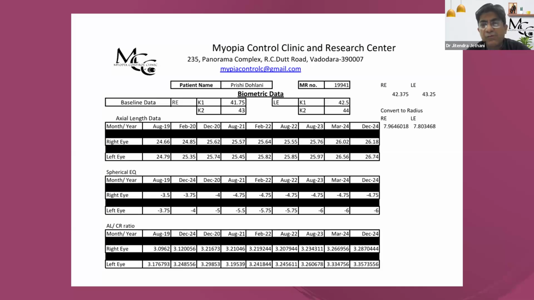So this is something which we follow. This is the basic myopia control sheet which we follow. Earlier we used to take only axial length and spherical equivalent data, but now we have also started putting in axial length upon CR ratio. So I think as time goes on, your myopia sheet also changes. So right now we have designed our own